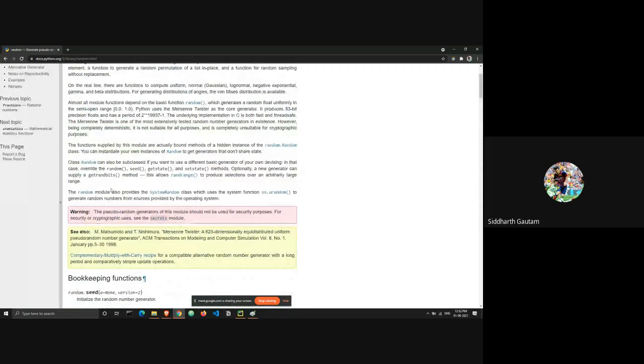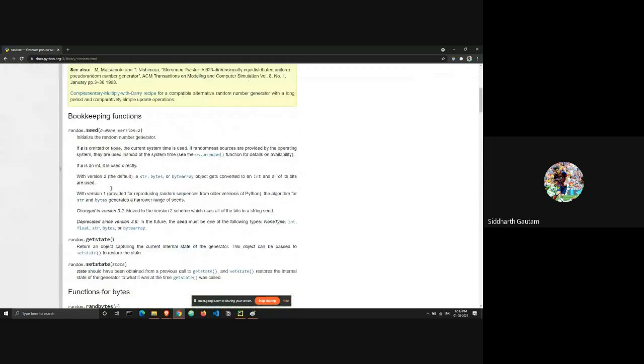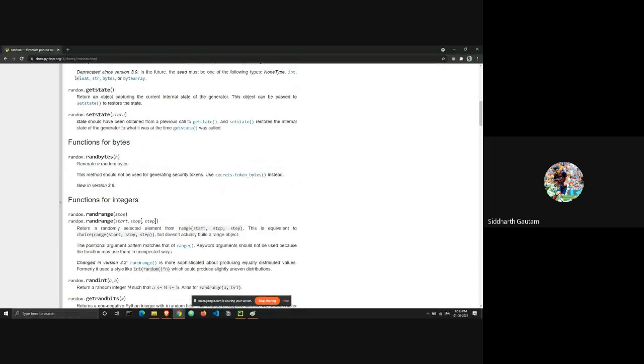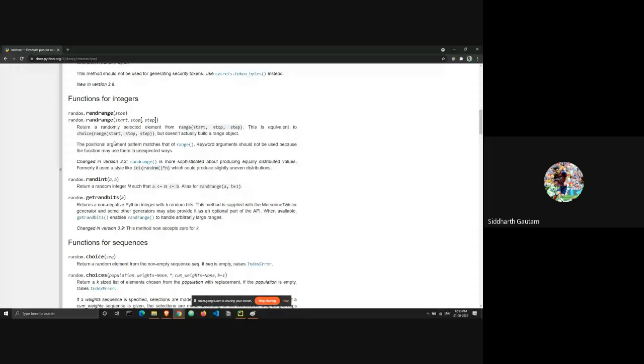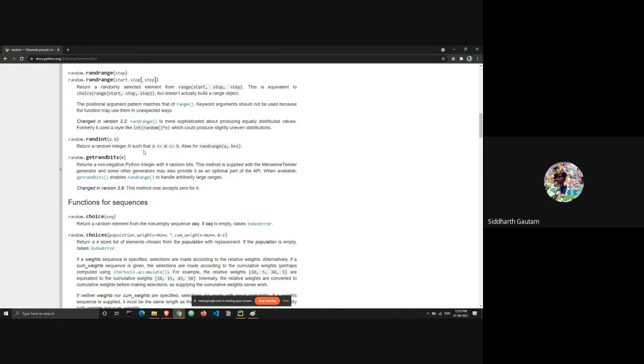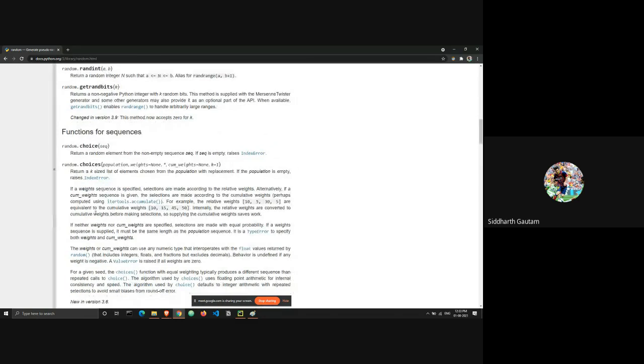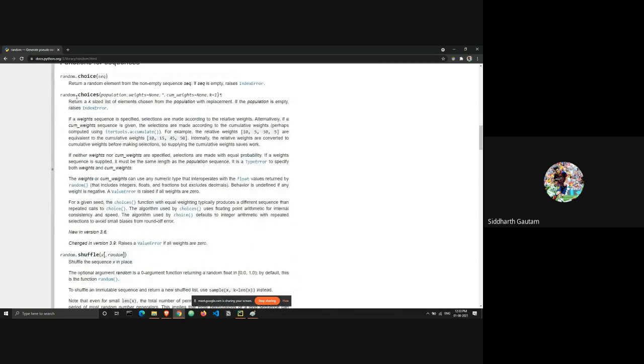So go on this documentation page and try all of these. How to execute them and the explanation of the execution, both of those things are given here. You shouldn't have any importing problem because this is a native library of Python, so it should work as good as new.